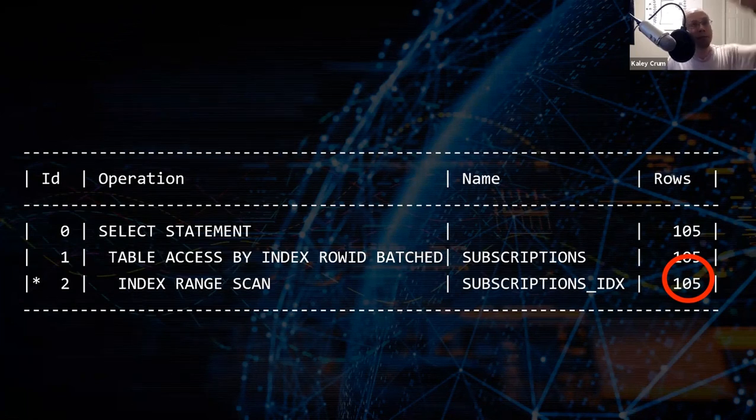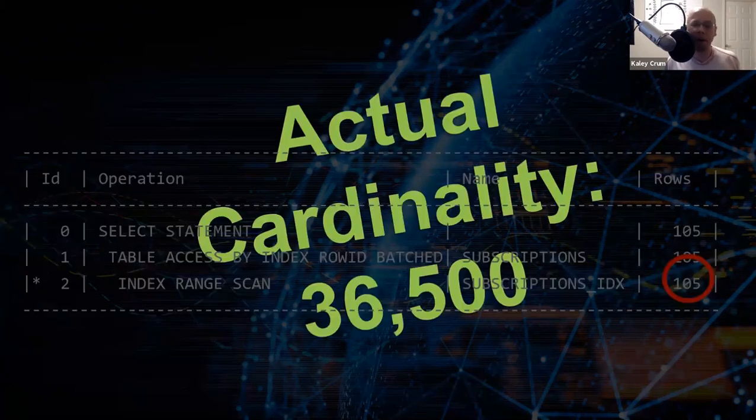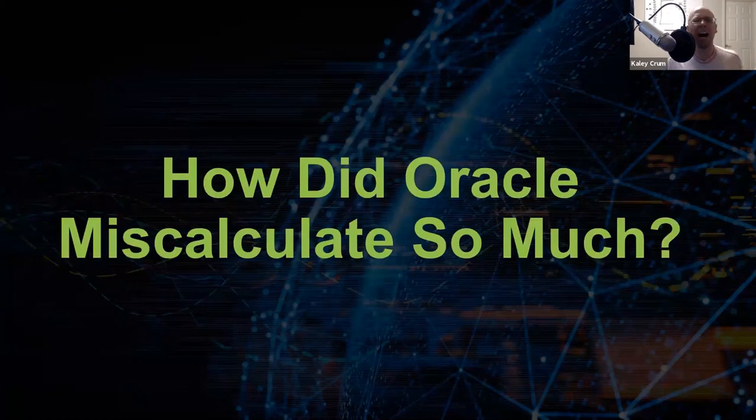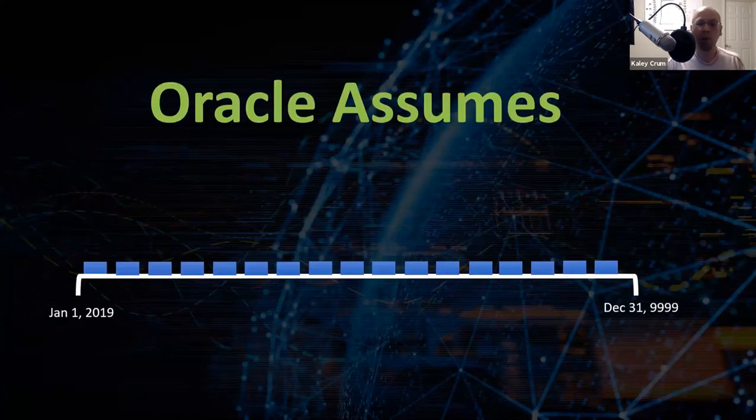There's 100 rows for every single day between January 1st and December 31st, which means there's going to be 36,500 rows total. So the question is, how did Oracle miscalculate so much? Well, by default, if you just gather regular statistics, Oracle is going to assume that data is uniformly distributed. In other words, we've got our minimum value, which is January 1st, and our maximum value, which is December 31st,